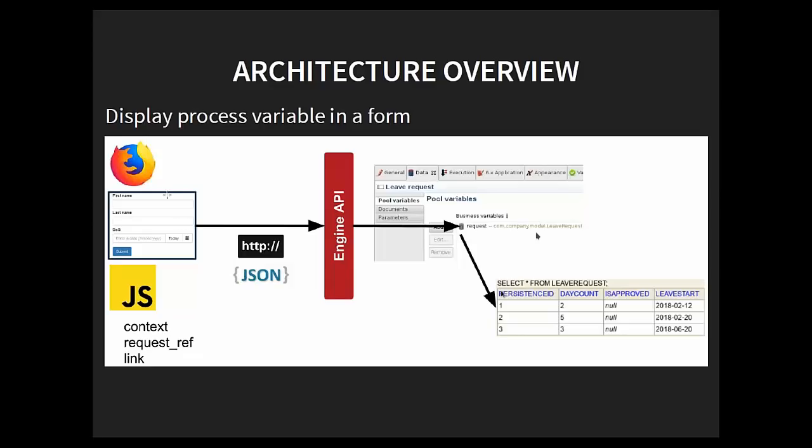So when a browser page or form wants to show something that is specific to a process, then it has to request the information from the engine, and this information will come from the business variable that is referenced in the process, and then it will be stored from the database. So this database will be requested, and then the information will be provided.